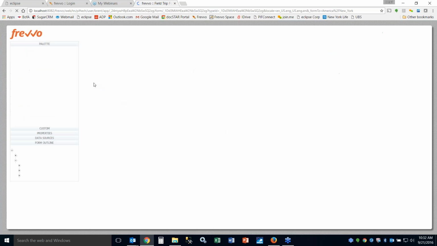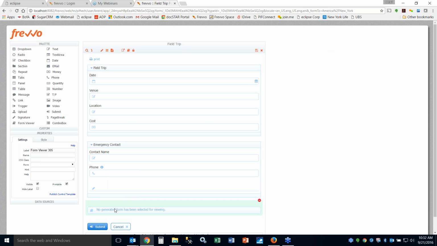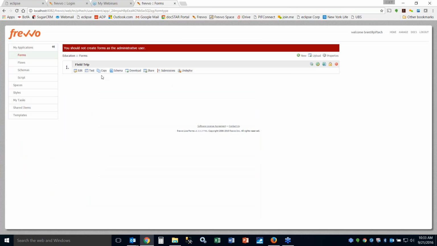We're just going to come back, and we're going to now add just the form viewer piece so we can see our resulting output. Okay, and we're going to tell it what form to use, the field trip. And we're going to say view trip form. Okay. All right, so now once we're done with that, what we're going to do is we're going to test